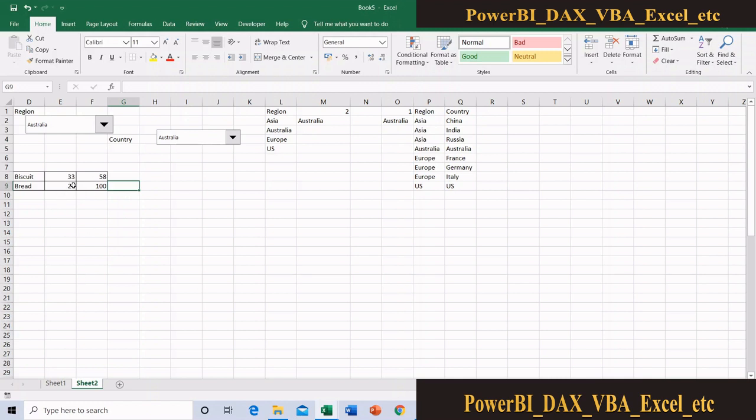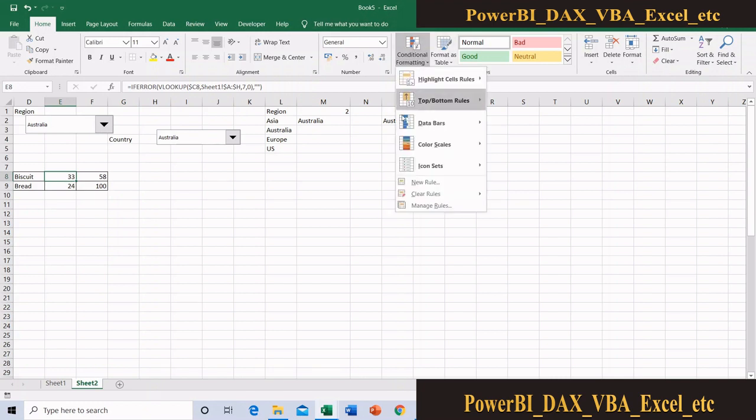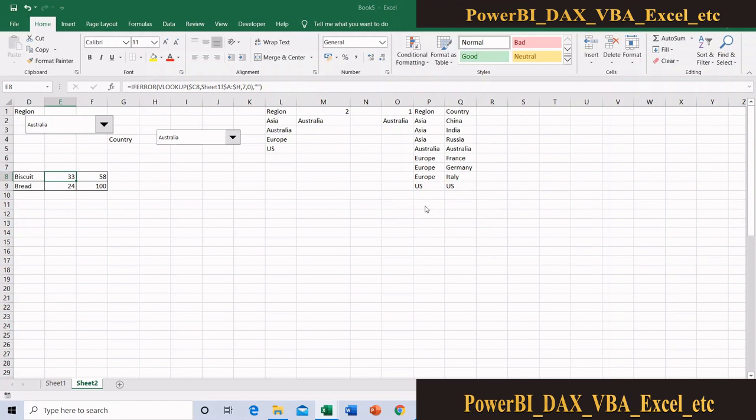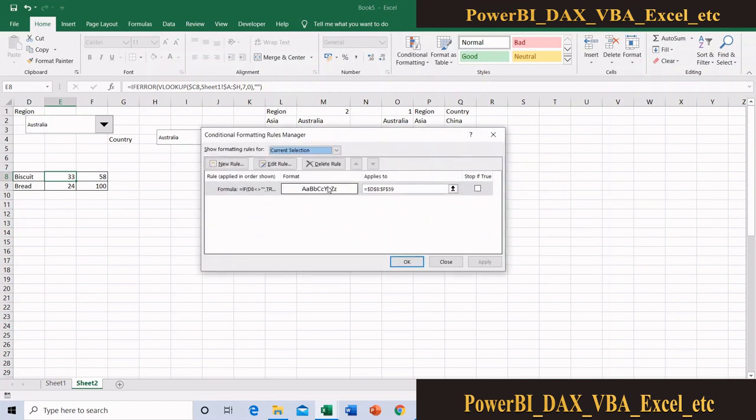If you want to apply a particular color here, you can give that using conditional formatting. I am just checking that if my sales is more than 30, then please give color here in this cell, in this column. So how can we do that? Again select the particular starting cell, then go to conditional format. I have one rule already, so I can use manage rule. Go to manage rule. This is for my border.